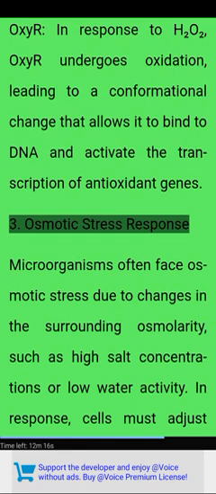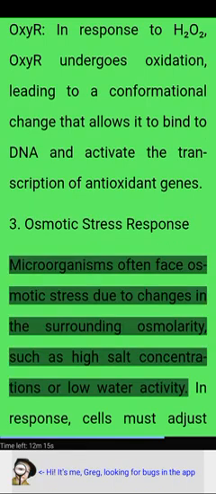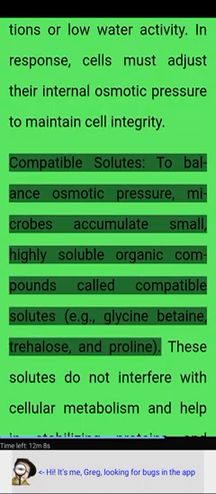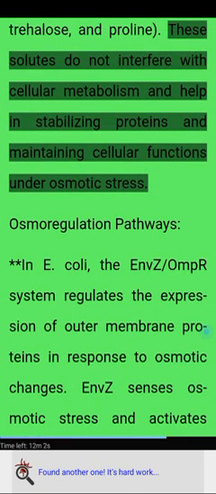3. Osmotic stress response. Microorganisms often face osmotic stress due to changes in the surrounding osmolarity, such as high salt concentrations or low water activity. In response, cells must adjust their internal osmotic pressure to maintain cell integrity. Compatible solutes. To balance osmotic pressure, microbes accumulate small, highly soluble organic compounds called compatible solutes, e.g., glycine betaine, trehalose, and proline. These solutes do not interfere with cellular metabolism and help in stabilizing proteins and maintaining cellular functions under